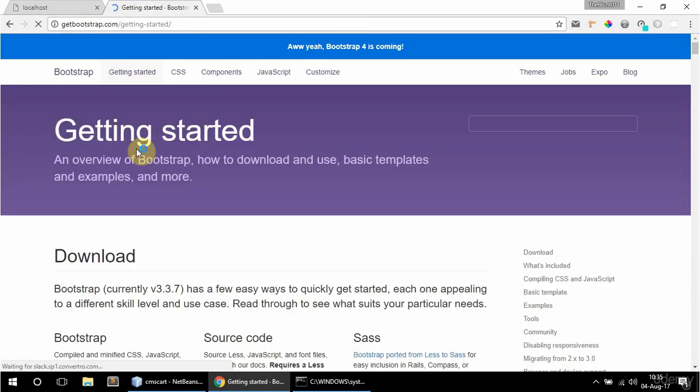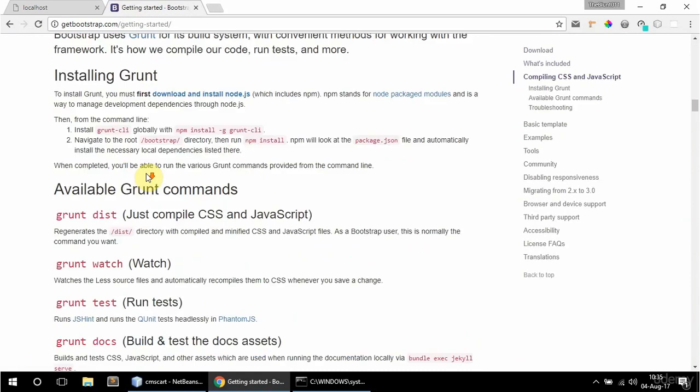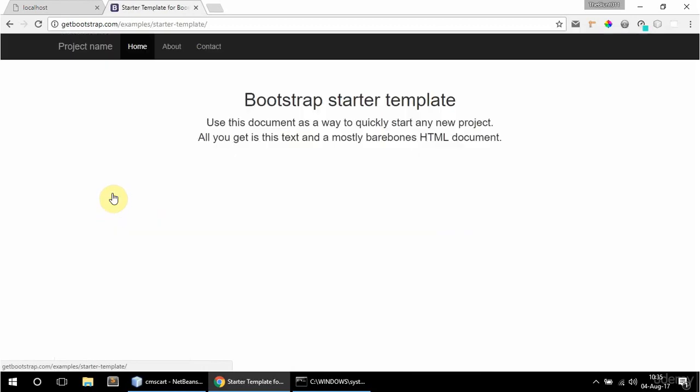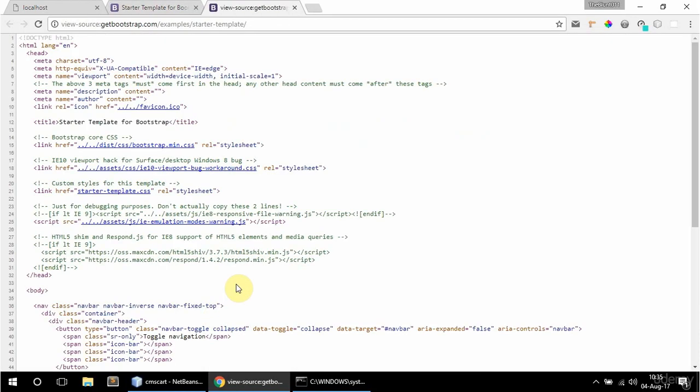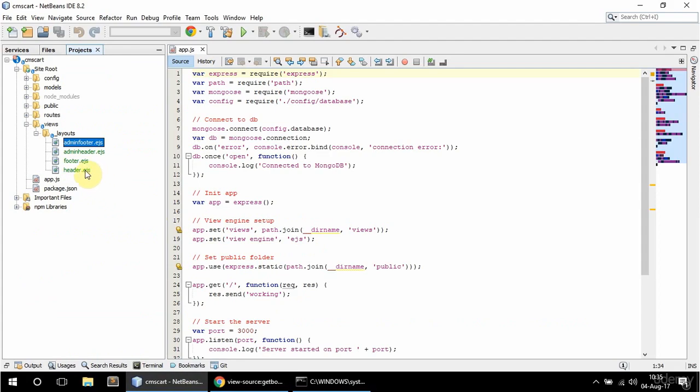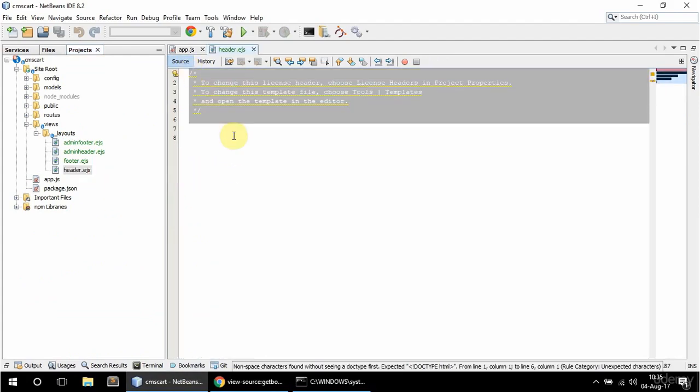Okay, and for the template I'm gonna be using a Bootstrap theme, so I'm gonna go to get Bootstrap and getting started and use the starter template, this one here. So if I view page source, I'm gonna select all and copy and paste in the header here,